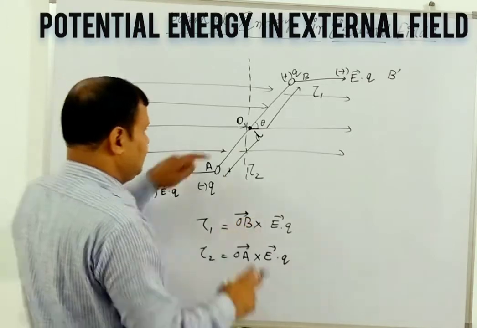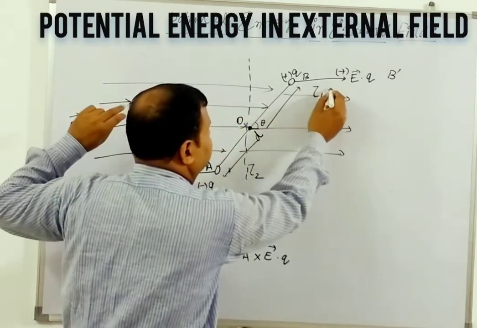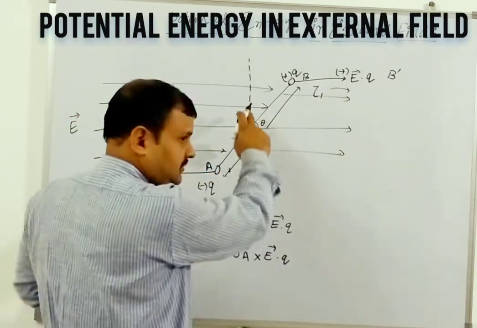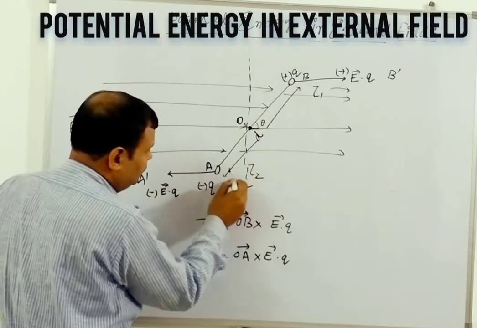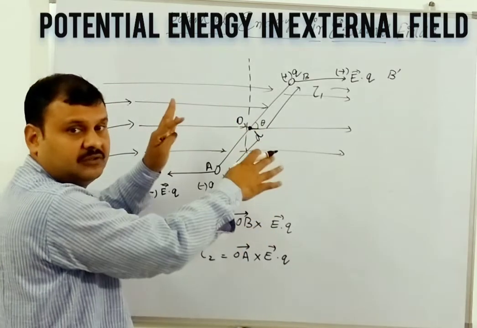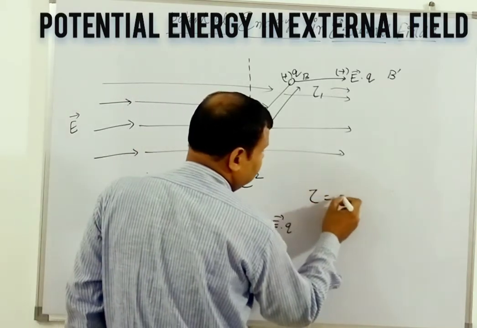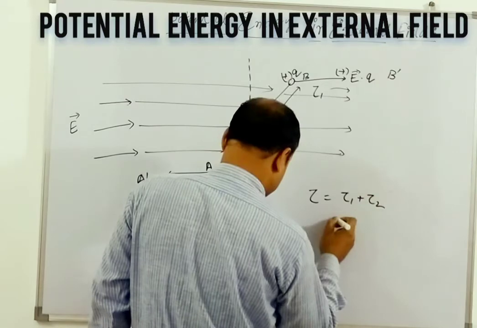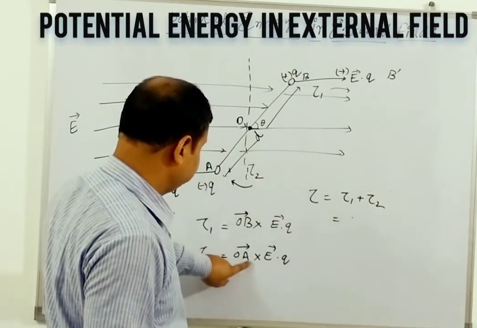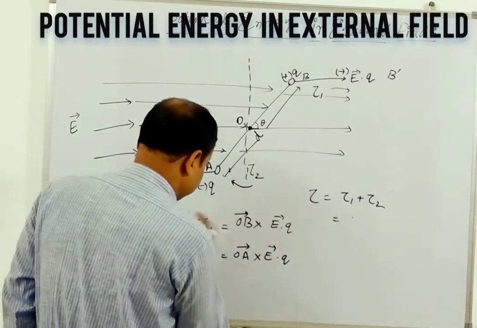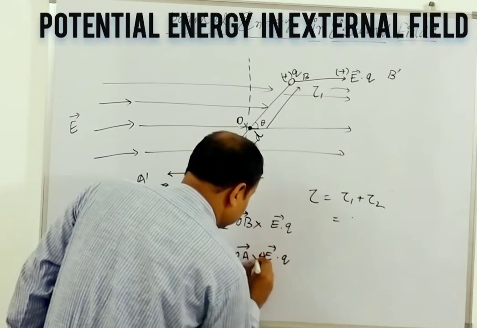Now if it is not there, only this is the fulcrum point, so the tau 1 will be only working over here, this side, tau 1. But as this is fulcrum, both side charge as constant because of dipole, so this tau 2 will also try to rotate this dipole in opposite direction. So the total tau will be tau 1 plus tau 2, and now here you see OB, and as this field is negative, we have to consider this is negative because this is opposite direction, no?